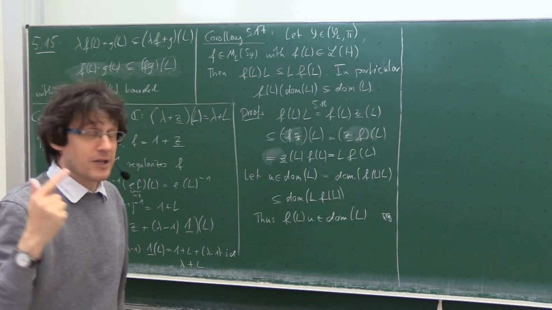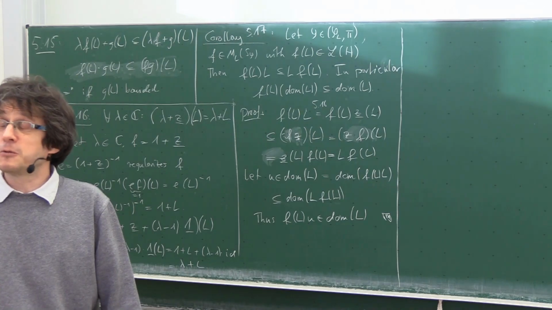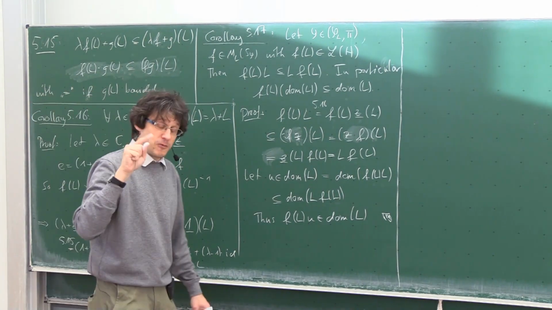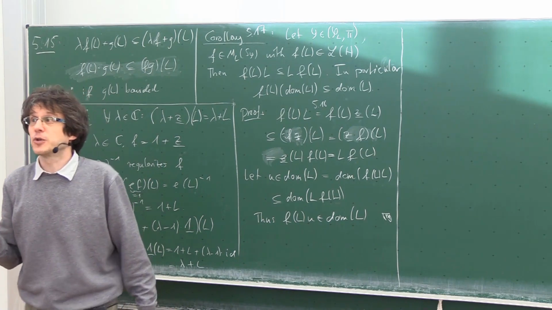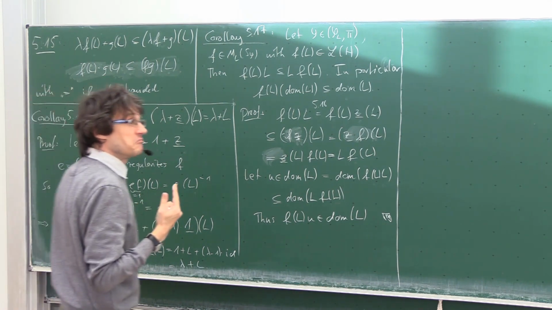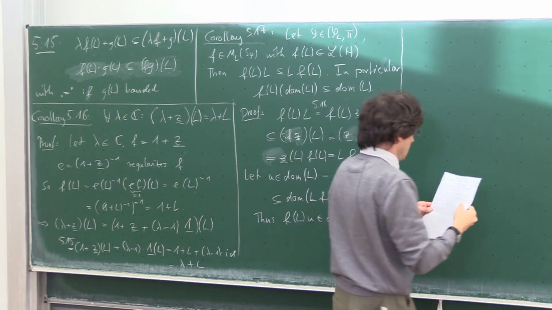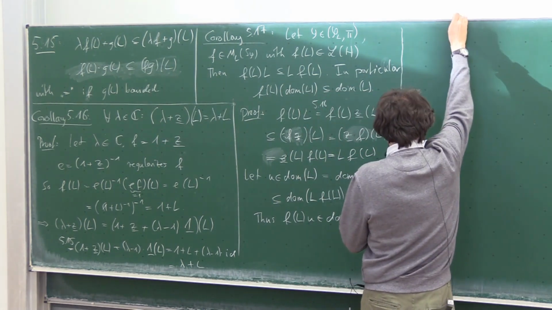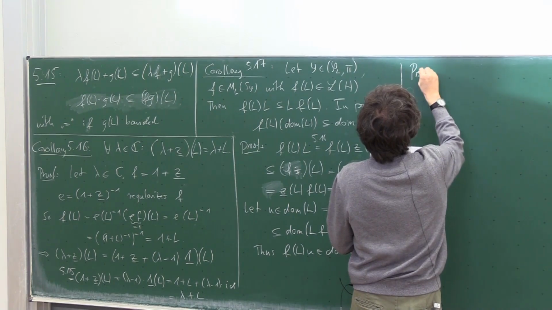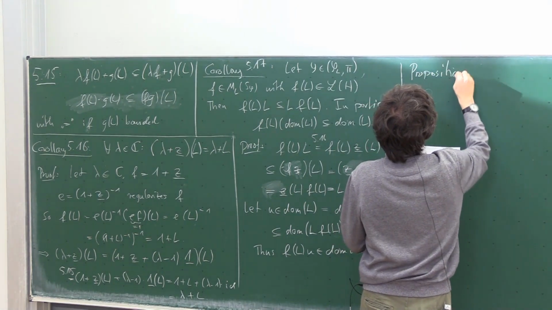We have the regularizer 1 plus z to the minus 1, which works always. And we have the second regularizer z over 1 plus z squared, which works as long as L is injective. And already these two regularizers, the one that works always and the one that only works for injective L, give us some very interesting information. Some of this I will write down in proposition 518,